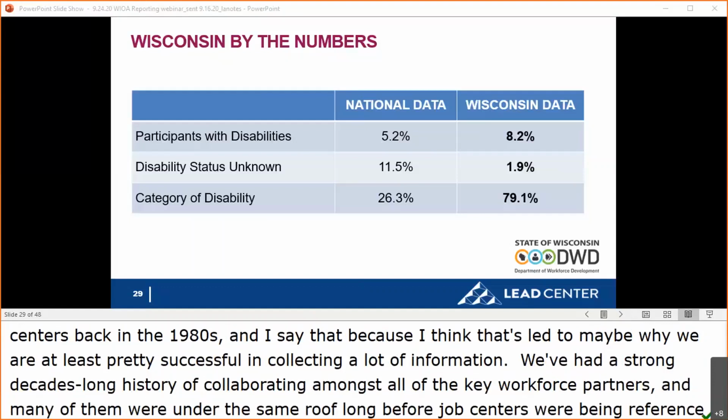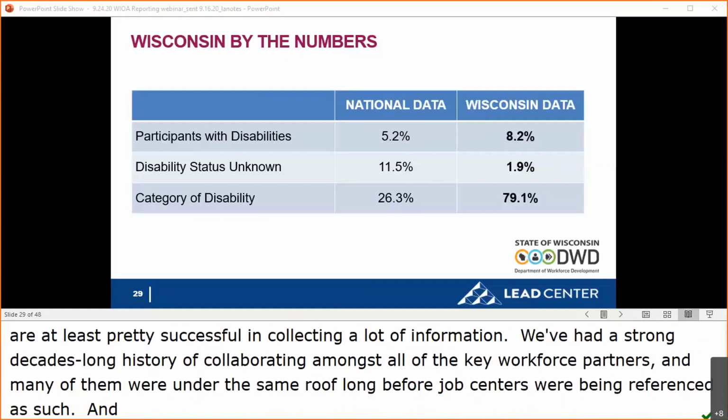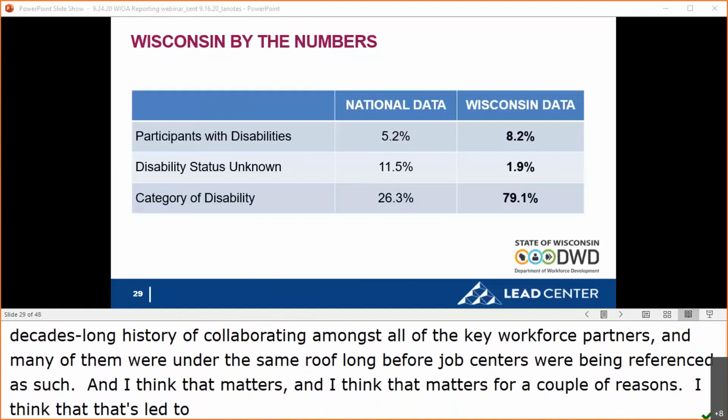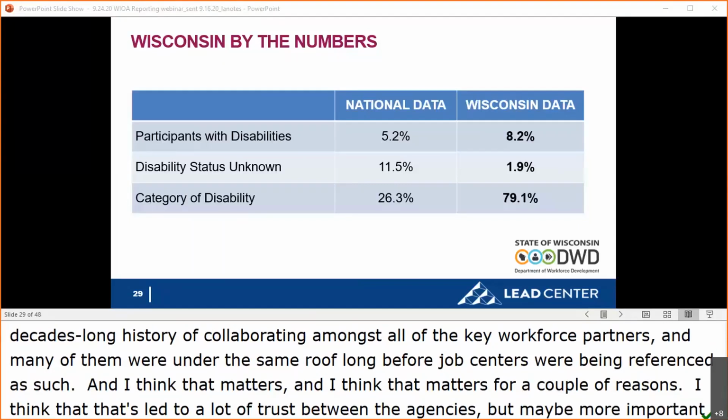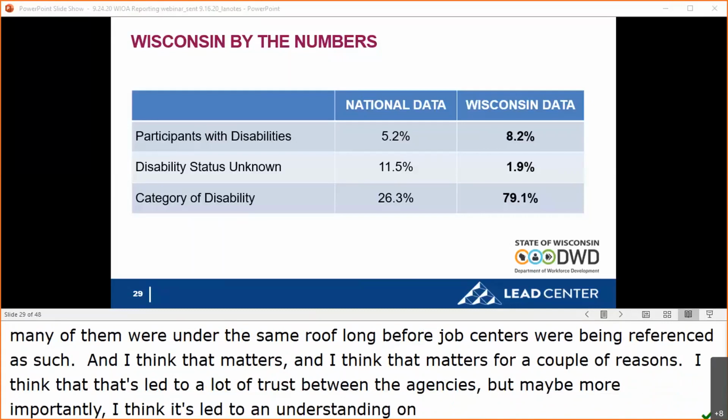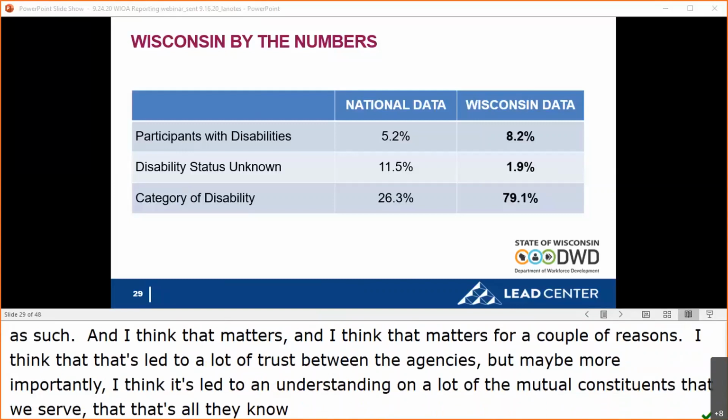I think that matters for a couple of reasons. I think that's led to a lot of trust between the agencies, but maybe more importantly, it's led to an understanding among a lot of the mutual constituents that we serve. That's all they know when they're looking for services through our workforce system. They just know there's a bunch of players underneath one roof